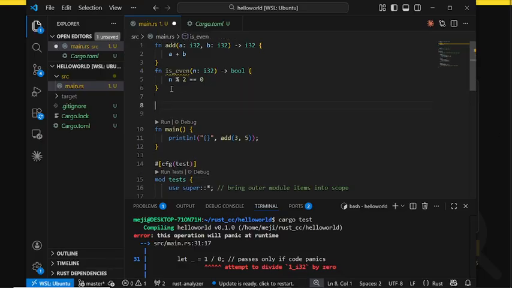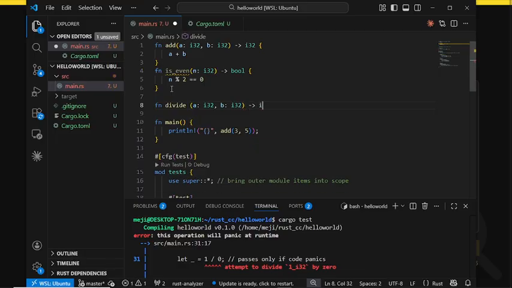So fn divide, and it will take in two numbers, i32, i32, and it's going to return an i32,